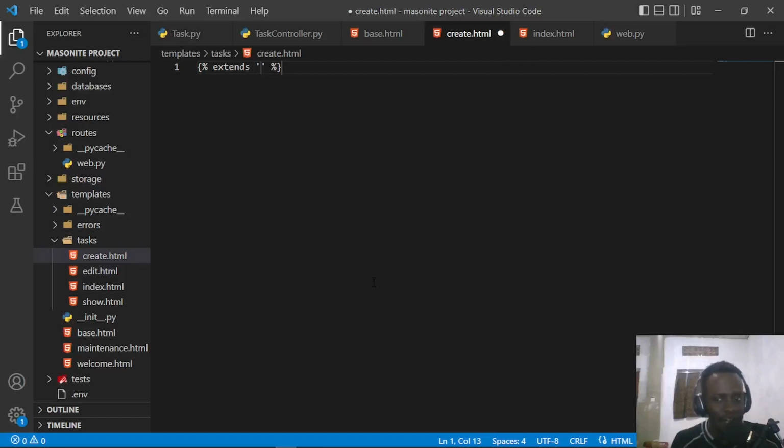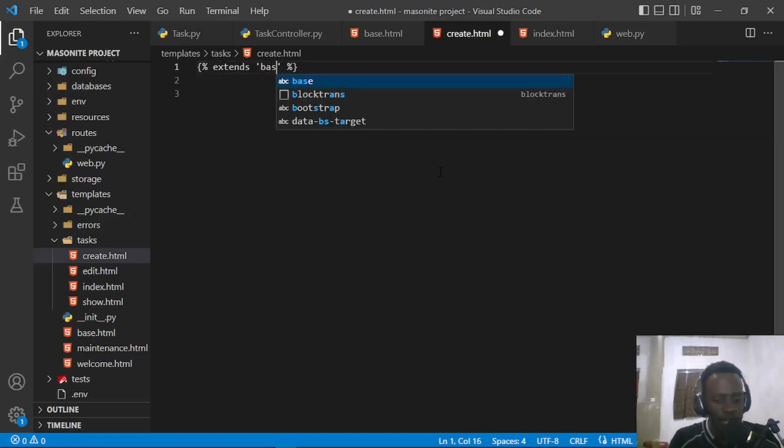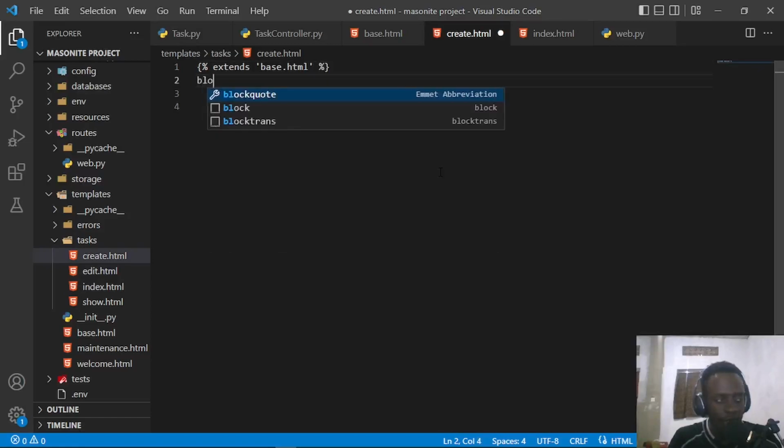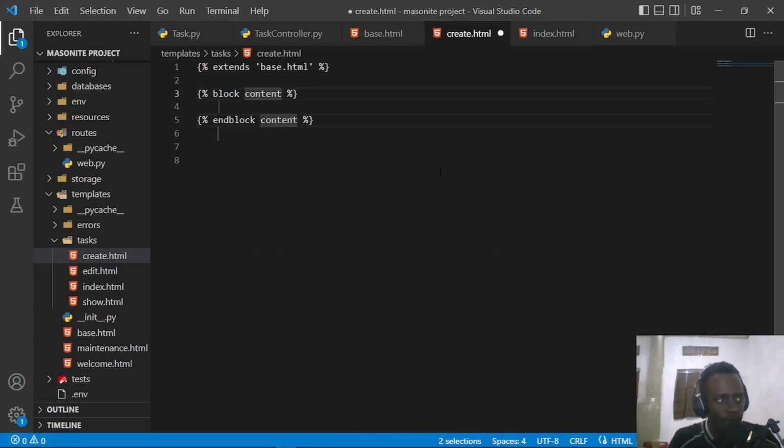Now if you're wondering how I'm doing this Jinja2 templating syntax with ease, I'm using the Jinja extension, which basically gives you Django snippets and some helpful Jinja2 snippets. So once I've done this, I'll just go right in here, and what I have to do is to specify that we are inheriting from base.html, and I'll also provide the block content. So it's actually going to be block, press tab, so this will give us block content. I'll save,